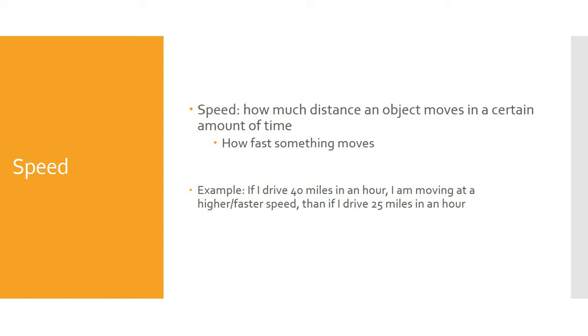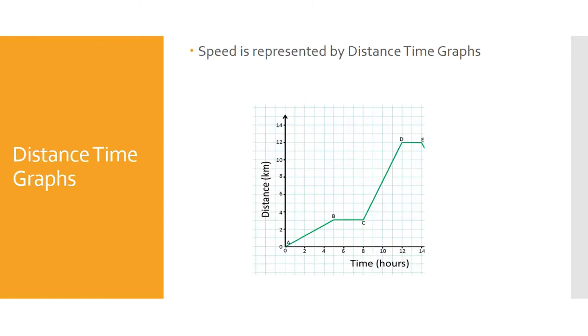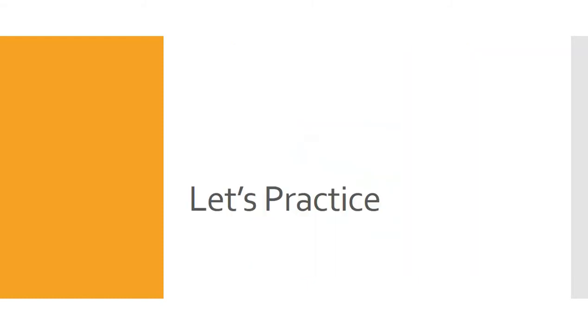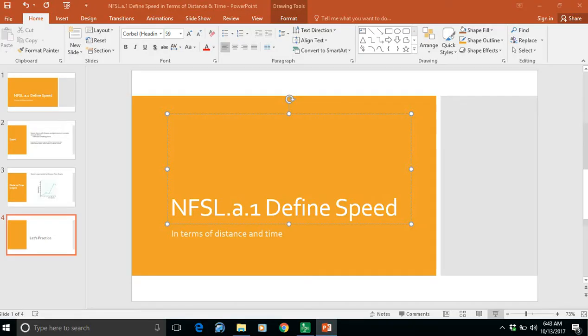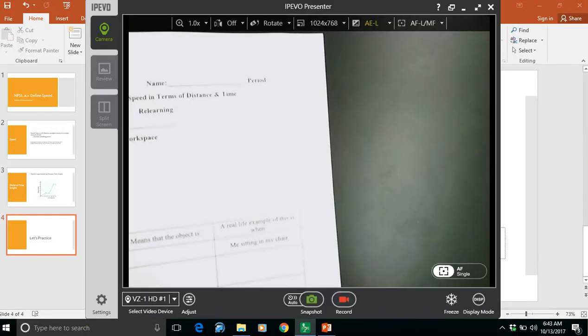So speed is how much distance an object moves in a certain amount of time. We also say it's how fast something moves. So, making sure that we understand this, if I drive 40 miles an hour, then that's faster, or a higher speed, than if I drive 25 miles in an hour. And so we're going to spend most of our time looking at distance and time graphs, because that's where people are running into trouble. So I'm going to flip to my